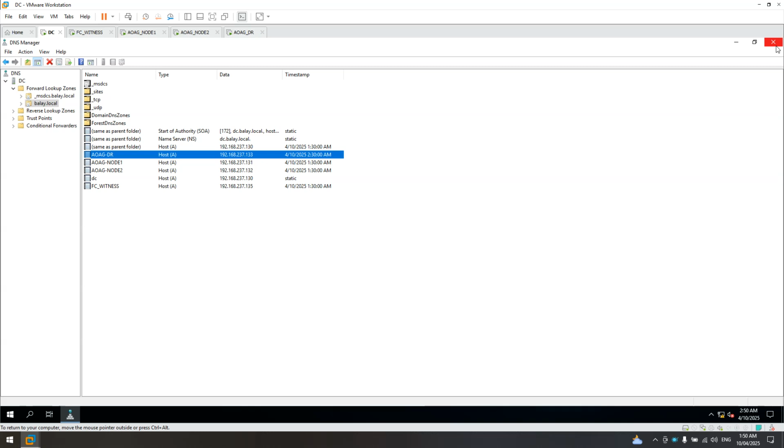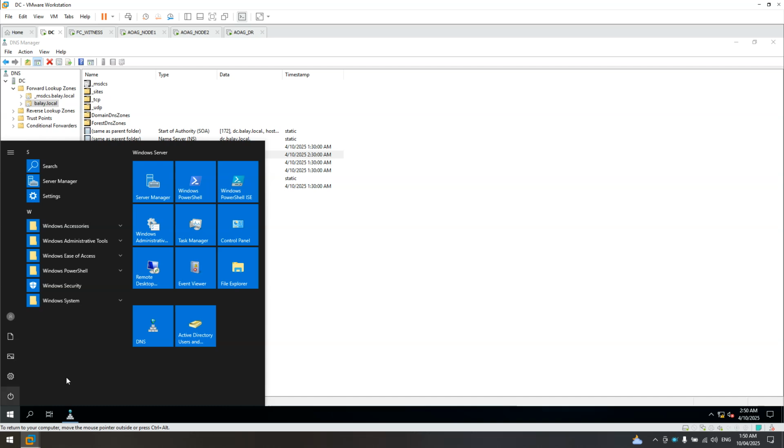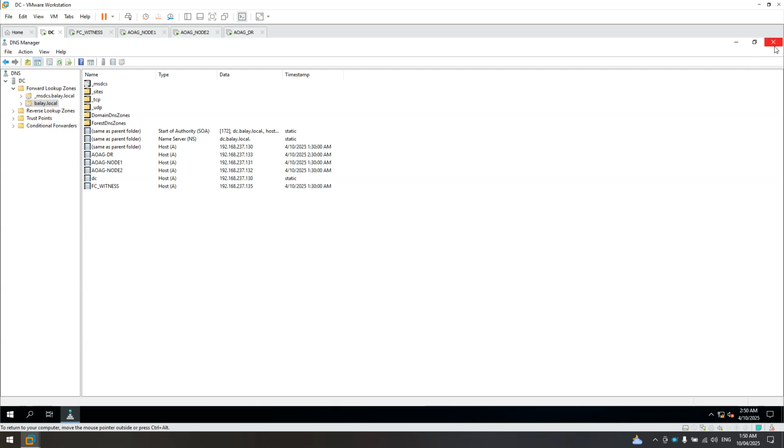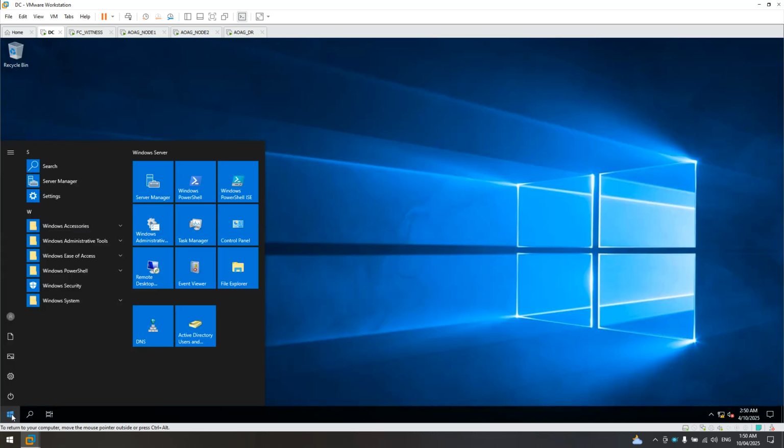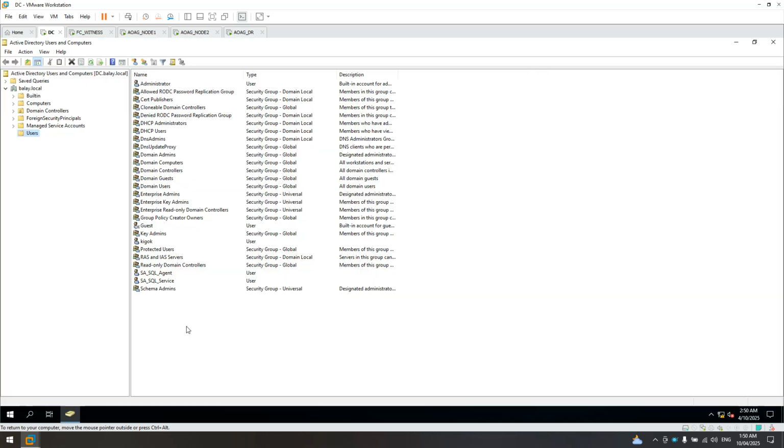And they should be found in your DNS server. In the DC, it contains the domain DNS server and at the same time the Active Directory Users and Computers. So let's close the DNS on the DC. Now let's open the Active Directory Users and Computers.